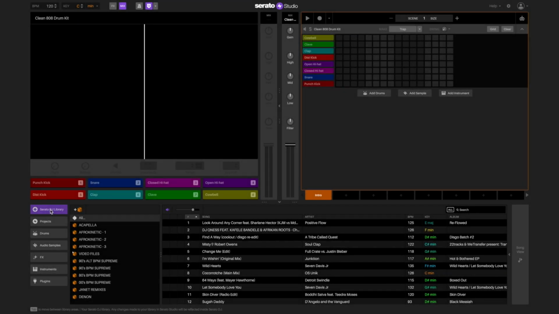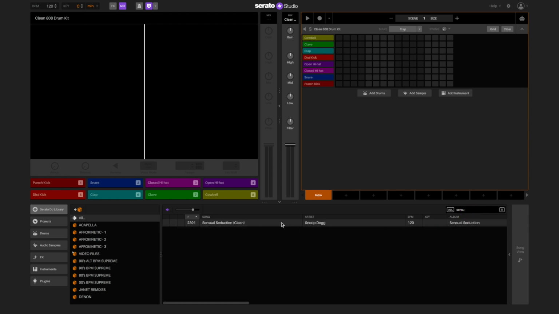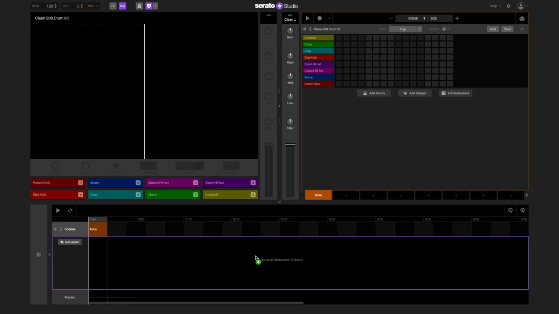It's easy to make an intro-outro edit of a track to make it easier for phrase mixing for a DJ set. In the Serato DJ Library tab, search to find a song with a good instrumental part or a drum solo. Then drag over the song to the Song View tab and then drop it into an empty space.